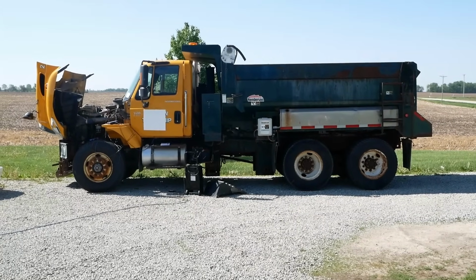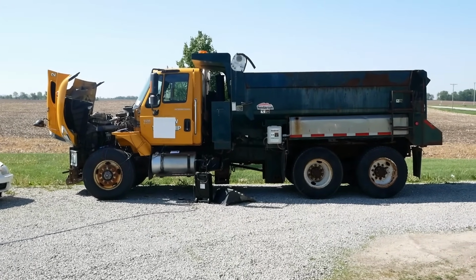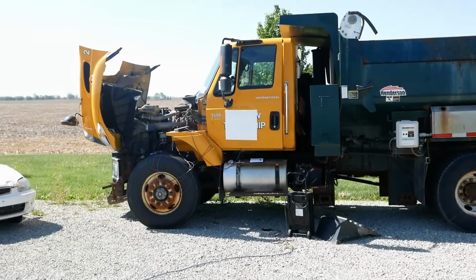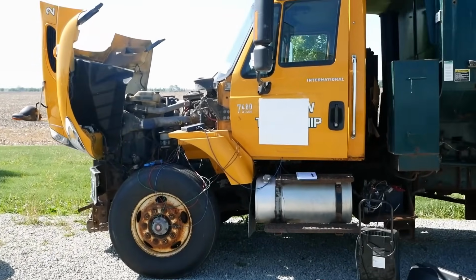All right, folks, agriculture is in full swing here. We got ourselves a crusty old plow truck. This is a 2002 International 7400. It has a DT466E engine. The customer complaint is that